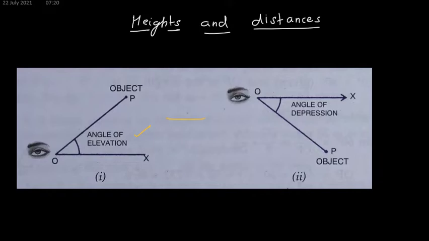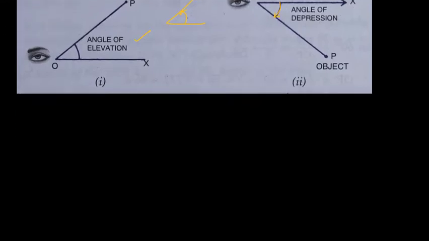So for angle of elevation, you see upside, so here you will get the angle like this in anti-clockwise manner with the horizontal, and when you see an object downside, you look in the downward direction, and the angle is called angle of depression. So these two terms are clear. Now with the help of these two terms and the various formulas that we have already covered in trigonometry, we will solve the problems.